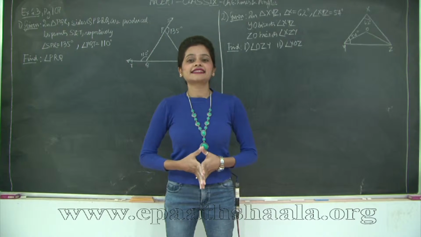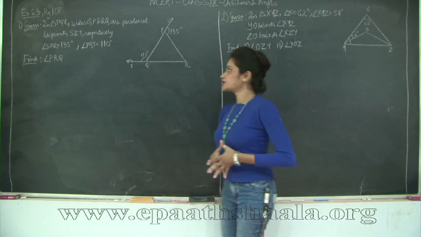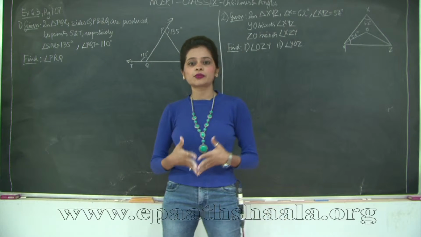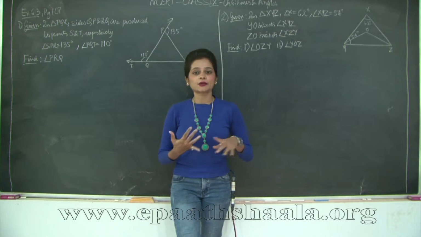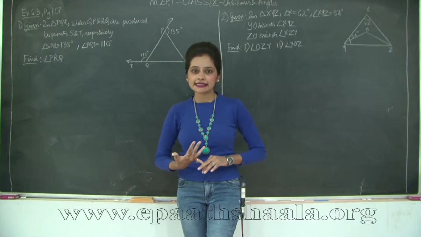Hello students, let us start with exercise 6.3 of chapter 6, lines and angles. So this exercise is mostly going to be based on the two theorems that we learned in the previous classes. That was the angle sum property, which states that the sum of angles of a triangle is 180 degrees, and